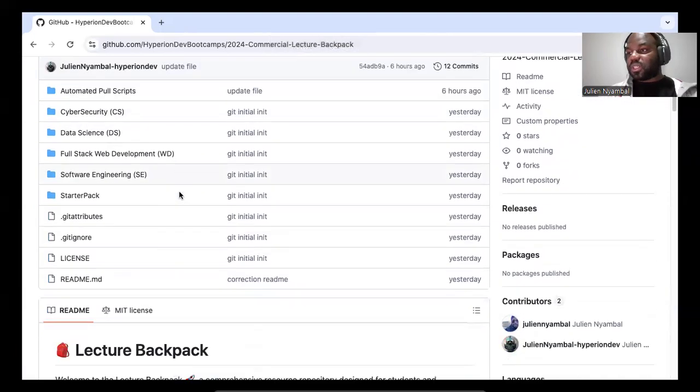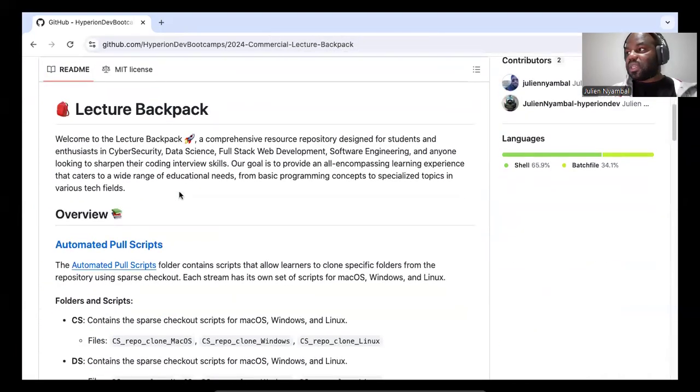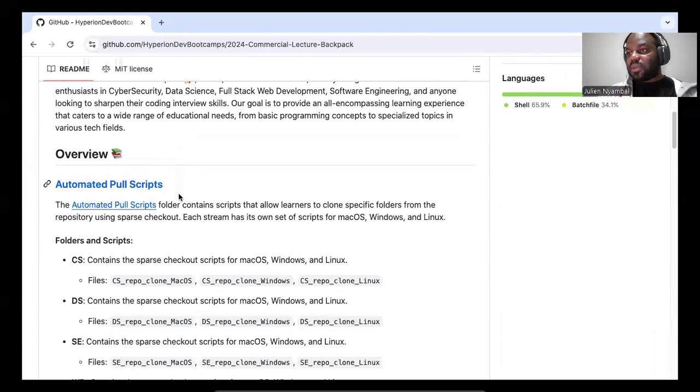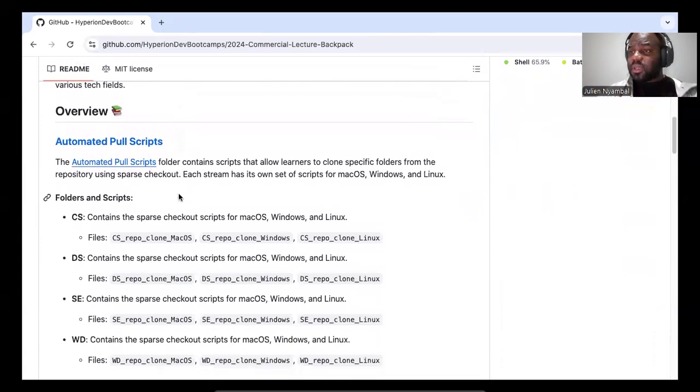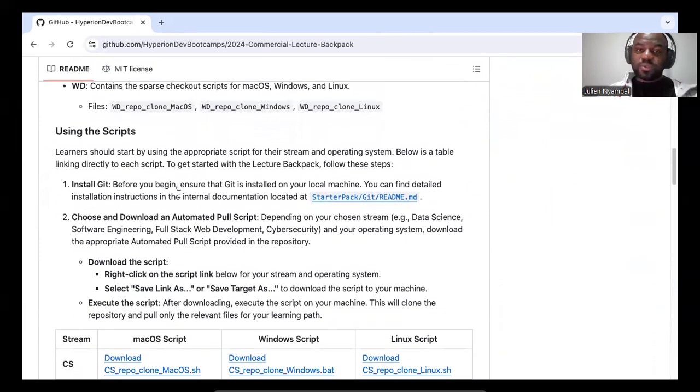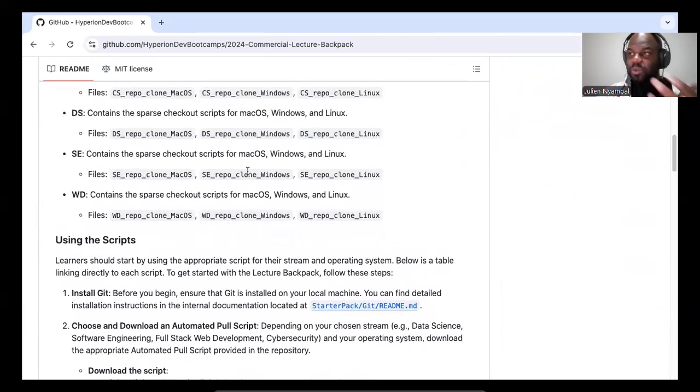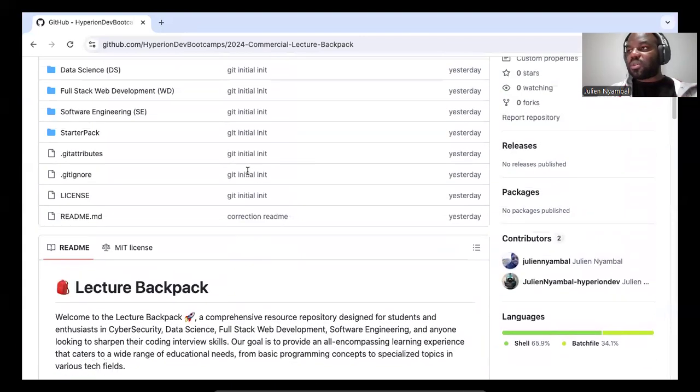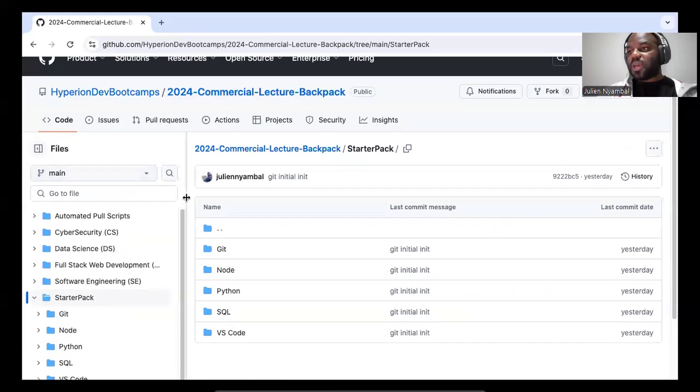So this is what I was expecting. I was expecting the whole of this. And you would see here that you have a set of instructions that will allow you to start, right? Because you already have Git, that's very good. But then I would expect you to go to the starter pack, and then in the starter pack, you would